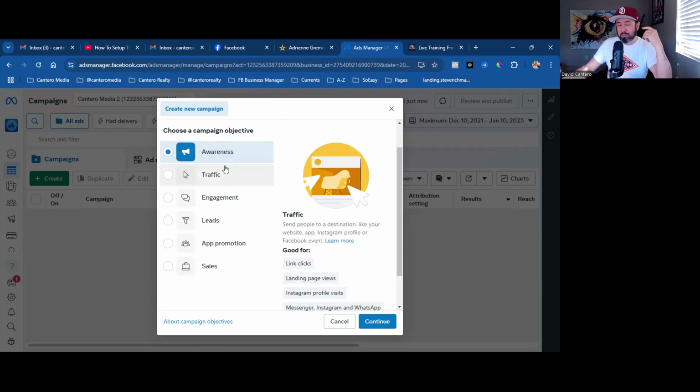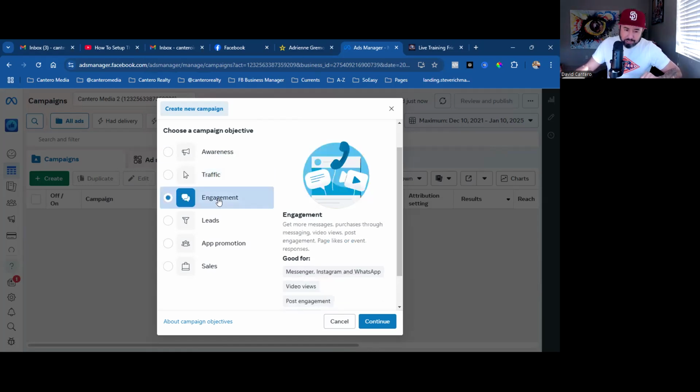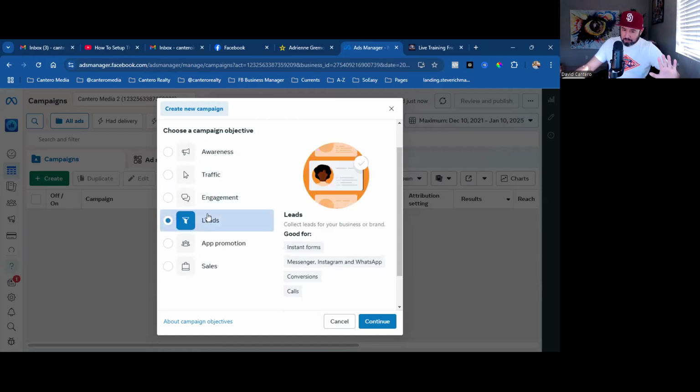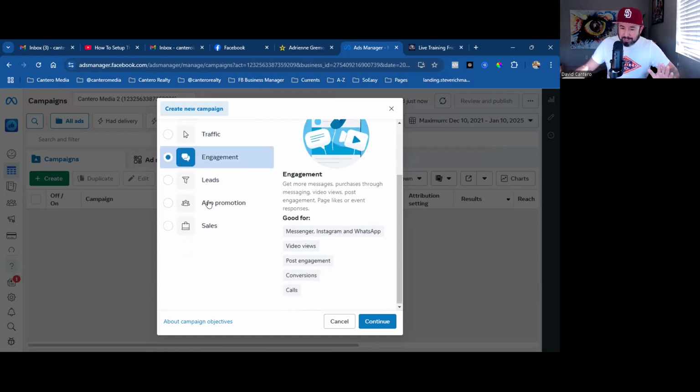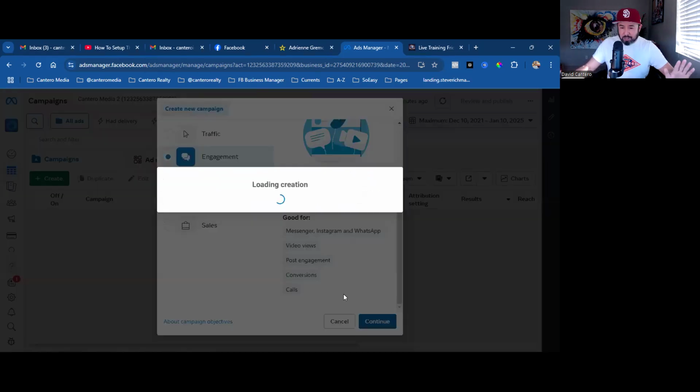And then traffic is just getting people to click, getting people to go to your landing page, getting people to go to your website. Traffic is not an ad that we're going to run at all. Engagement is going to be just for this ad. Okay, engagement, and then we'll go on to leads in step 4. Engagement is for a few other things too, but I'm only going to have you run engagement